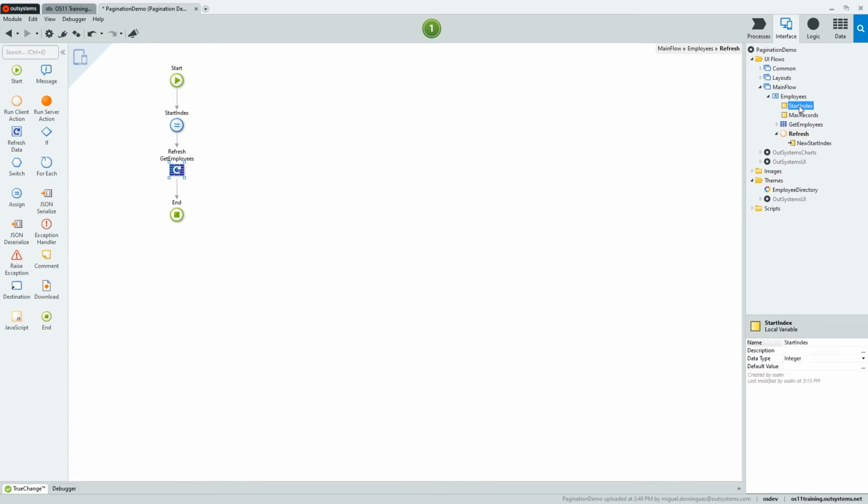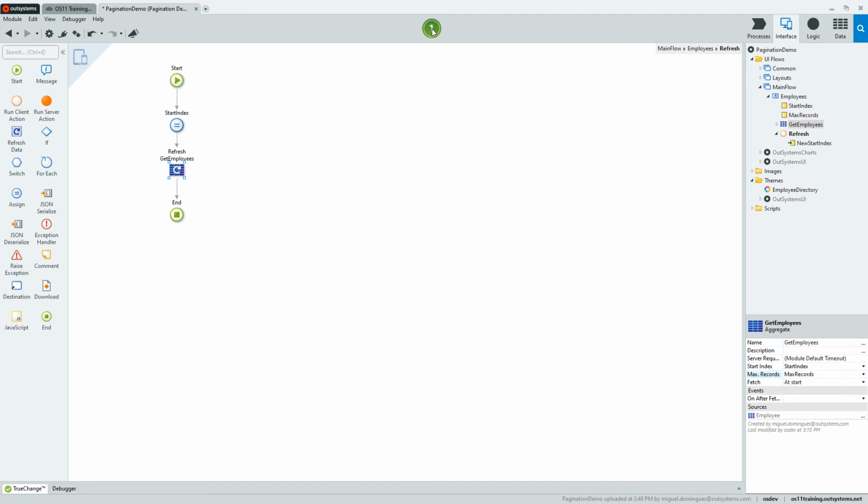We need to make sure that the local variables are properly defined. By default, we will start with the start index as 0, meaning the first record. For the max records, we will set a default number of 5, meaning we want 5 records per page in the table. When the user changes page and the refresh action runs, it will take into account the current start index and the max records to determine the new starting index for the new page. In this case, when changing from page 1 to 2, the new start index will be 5 to display the next 5 records. The final step is to set the start index and max records properties of the aggregate to our variables so that we can only fetch the data we need in each page.